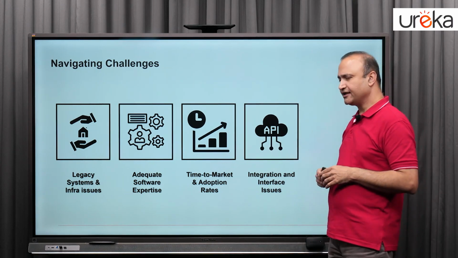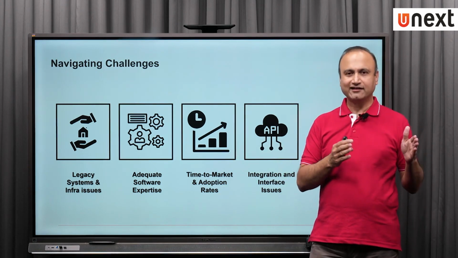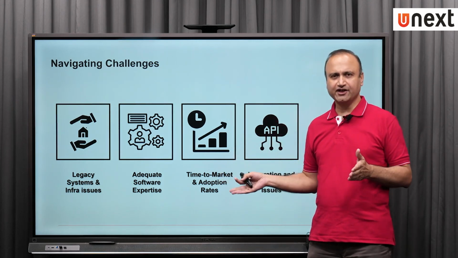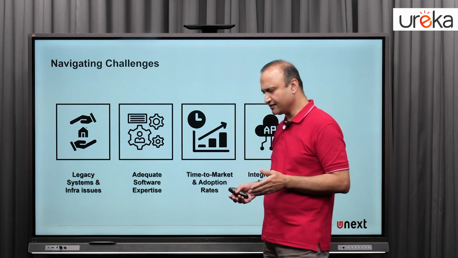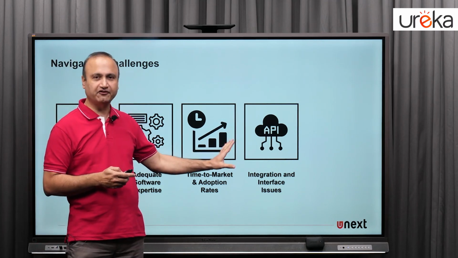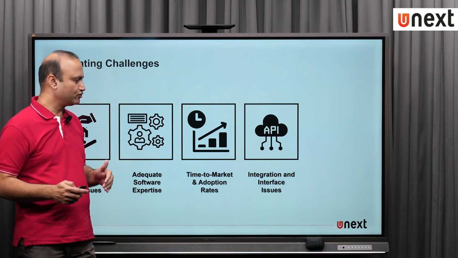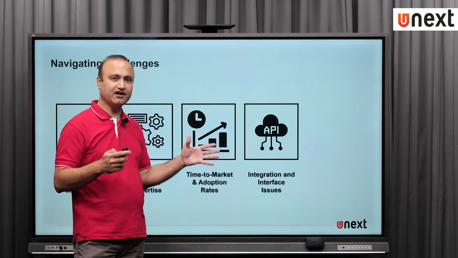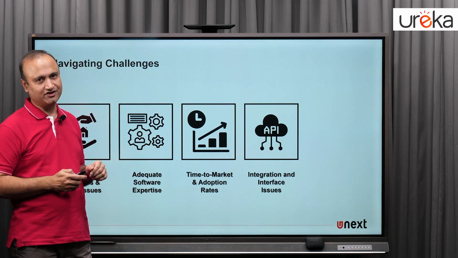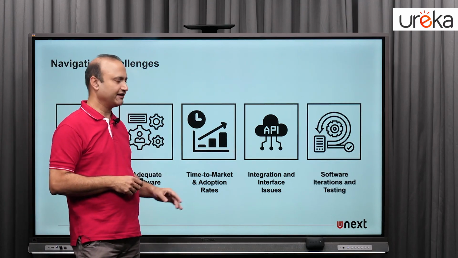From an integration and interface perspective, right? We all understand the black and green terminals which we used to work in during the 80s and 90s. Today's world of end users is very different. They are not only smart, but they're adept with technology. So one of the things they expect is a rich user interface and user experience. If organizations are not prepared to integrate interfaces which are very engaging and very intuitive, they will face a huge challenge. So there are a lot of technological implementations which they need to embed in their culture.